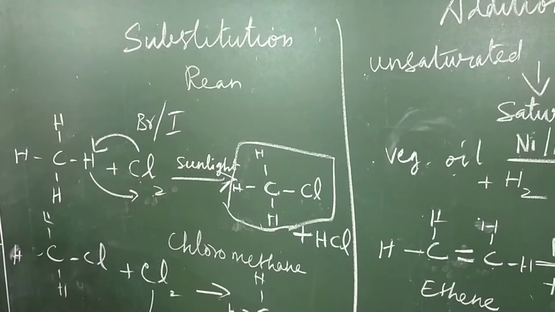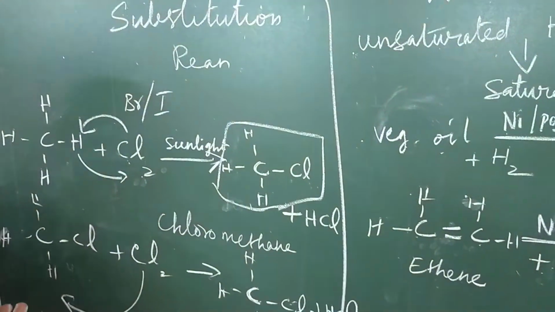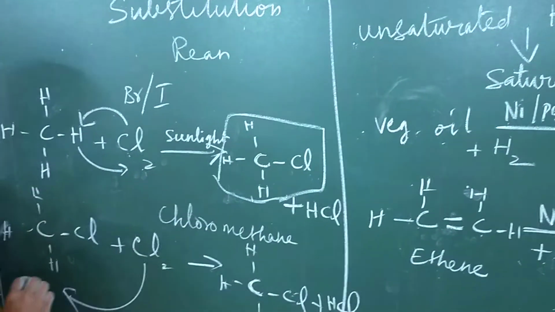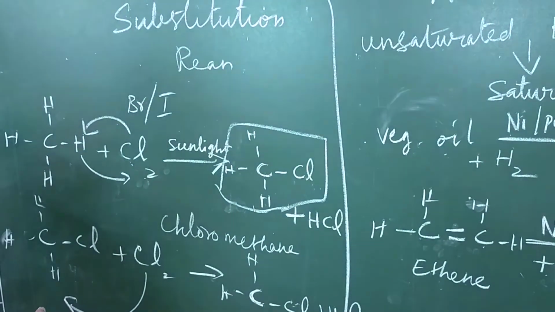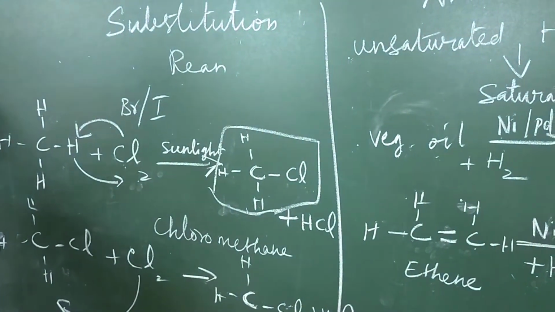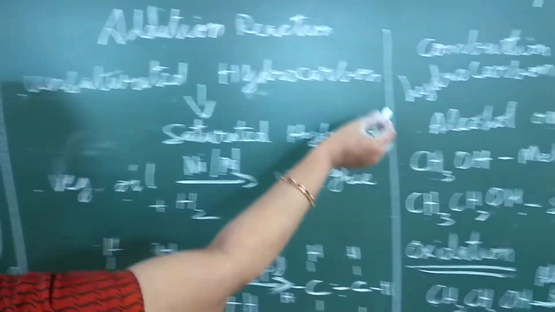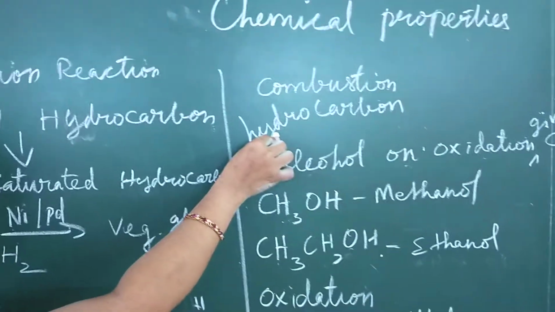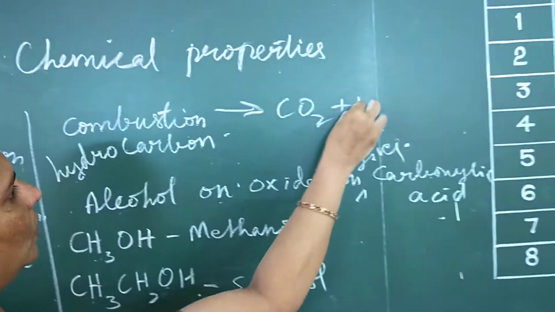writing this reaction between ethanol and ethanoic acid. Reaction between ethanol and ethanoic acid will be getting ester, that is ethyl ethanoate. Let us see this. Combustion reaction means all type of hydrocarbon give what are the product it will give? Combustion give carbon dioxide and water.